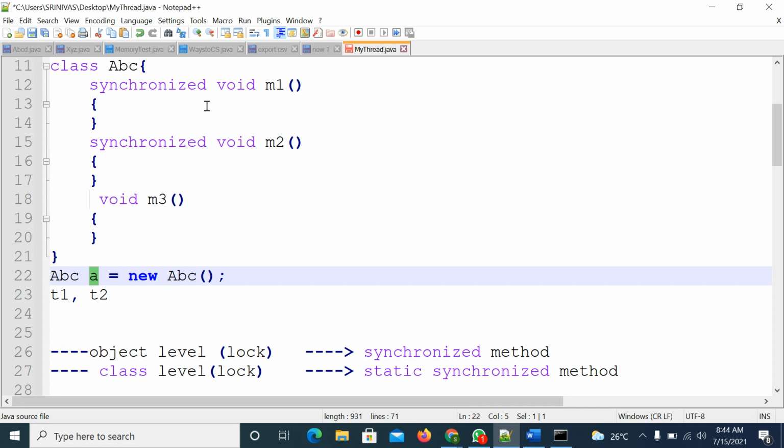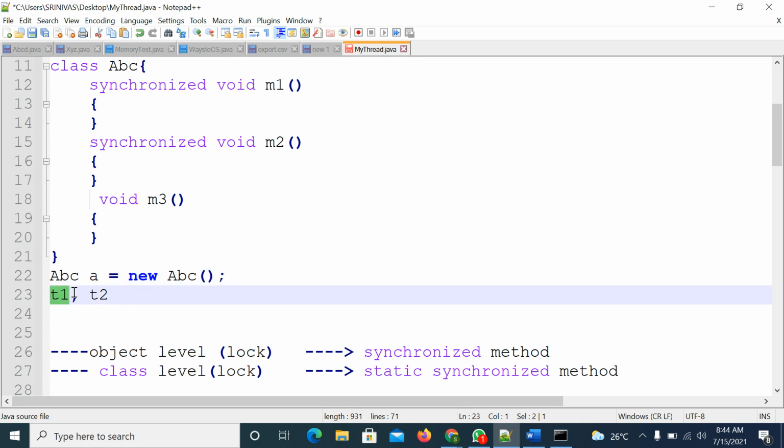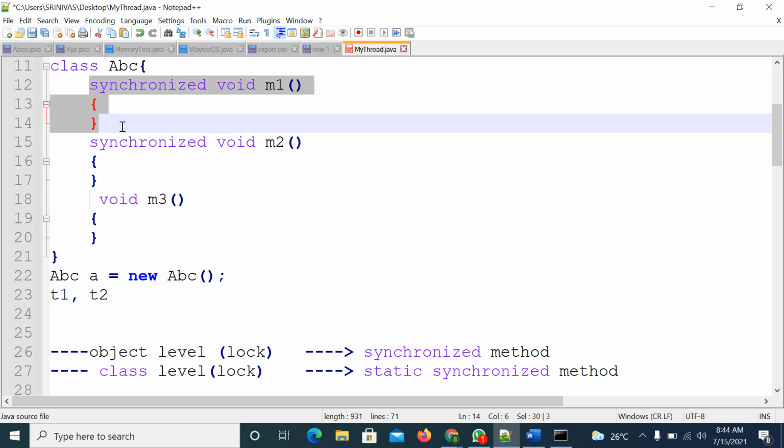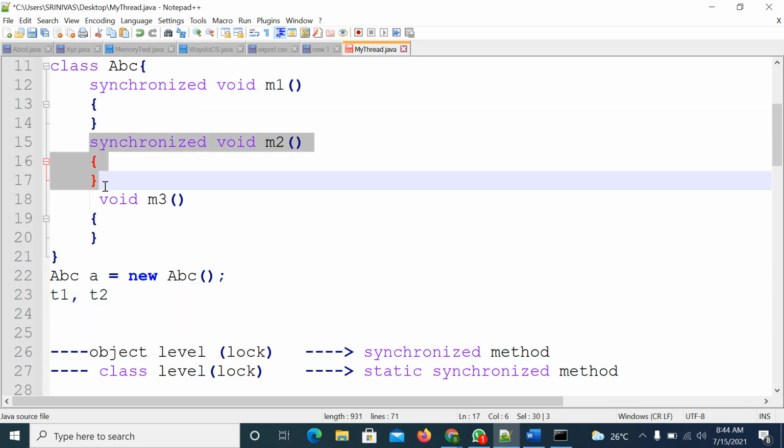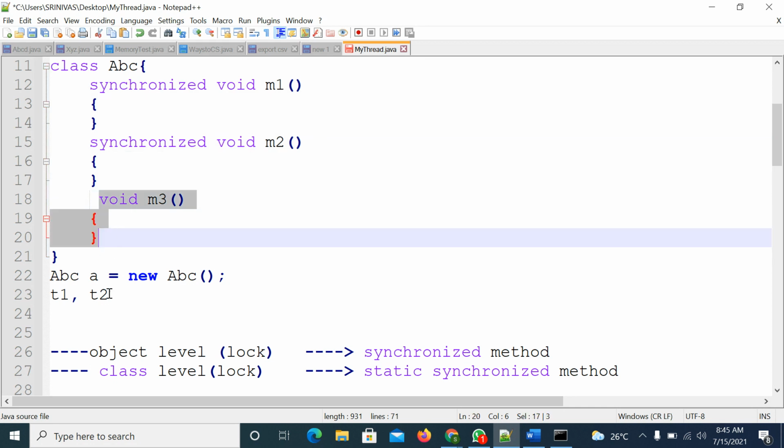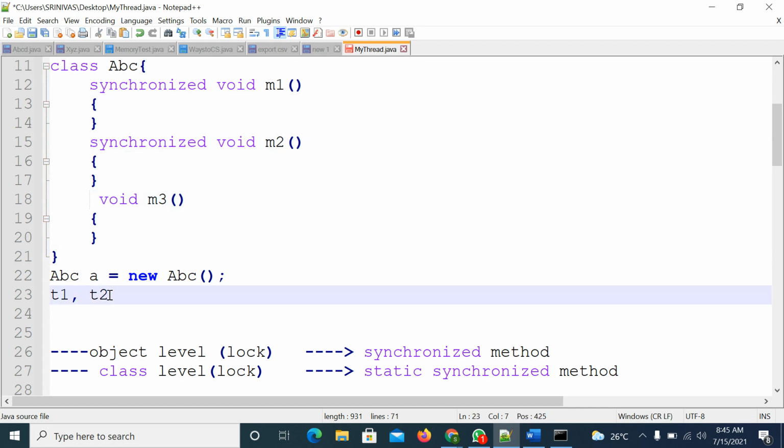If T1 gets the lock, then T2 must wait until it receives the lock. Until then, in this ABC class, it is not allowed to execute either the M1 or M2 method, because both are synchronized methods. The lock concept is applied on synchronized methods, but the remaining methods T2 can execute, no problem.